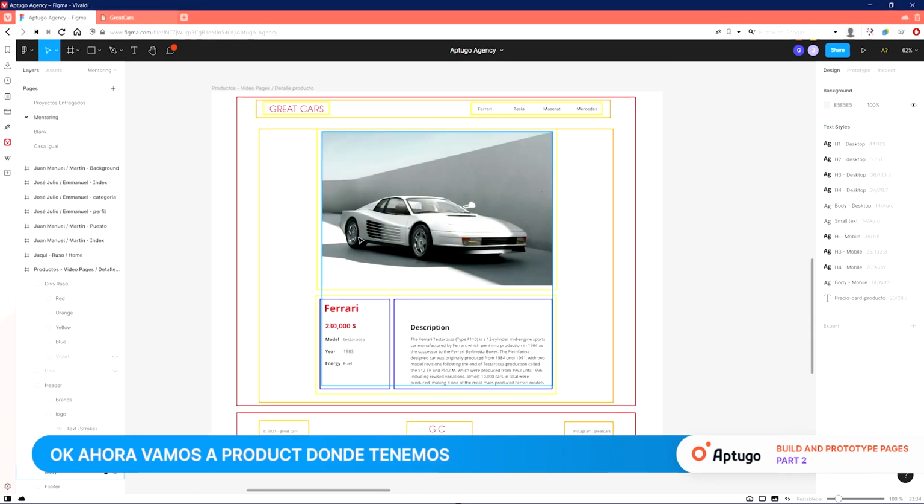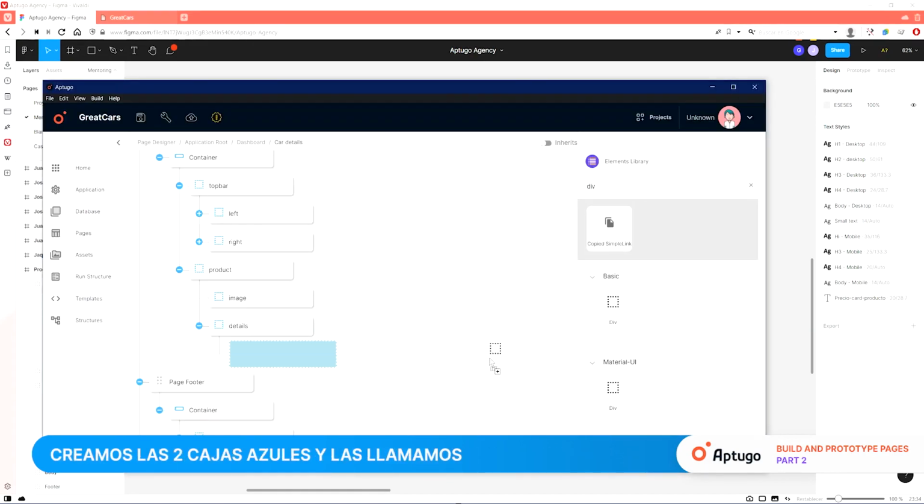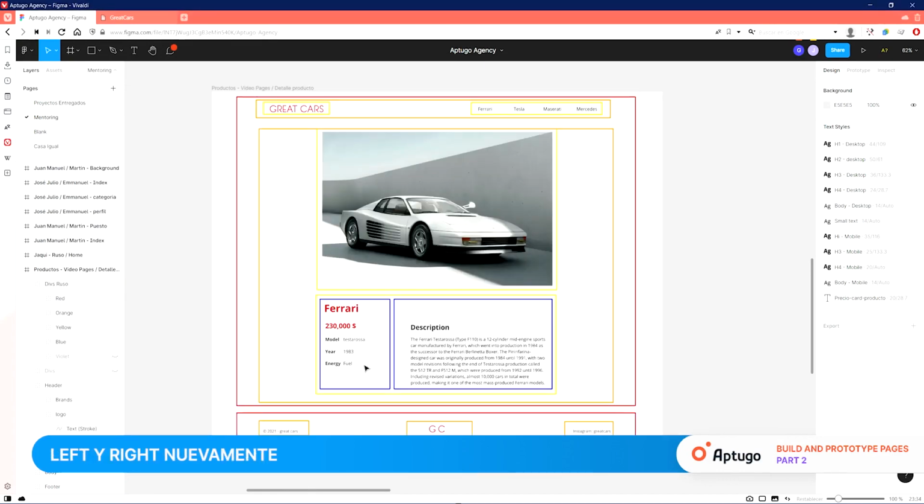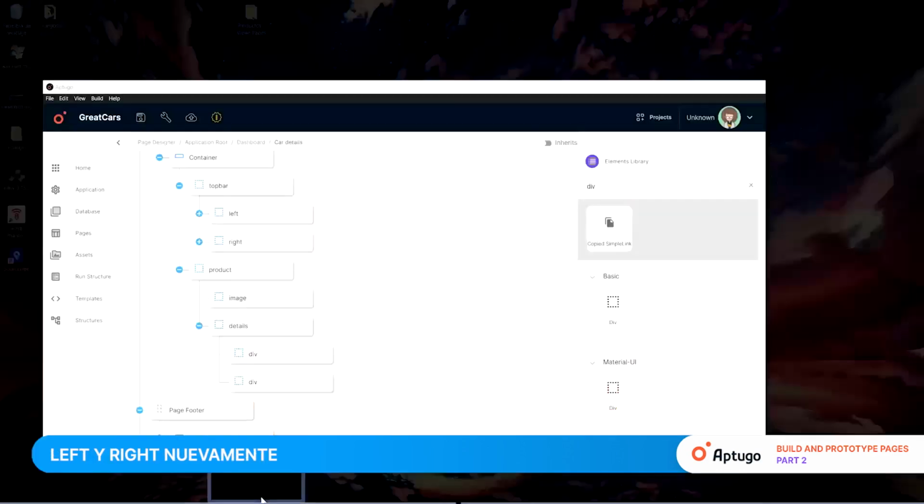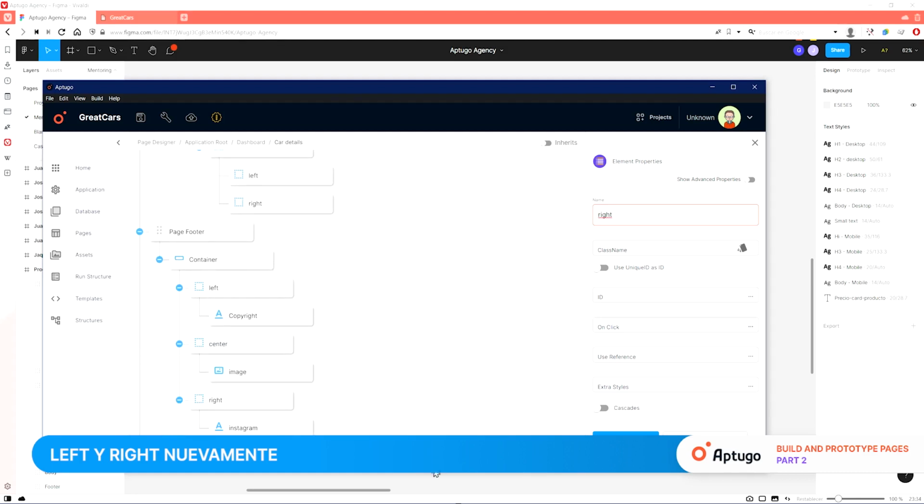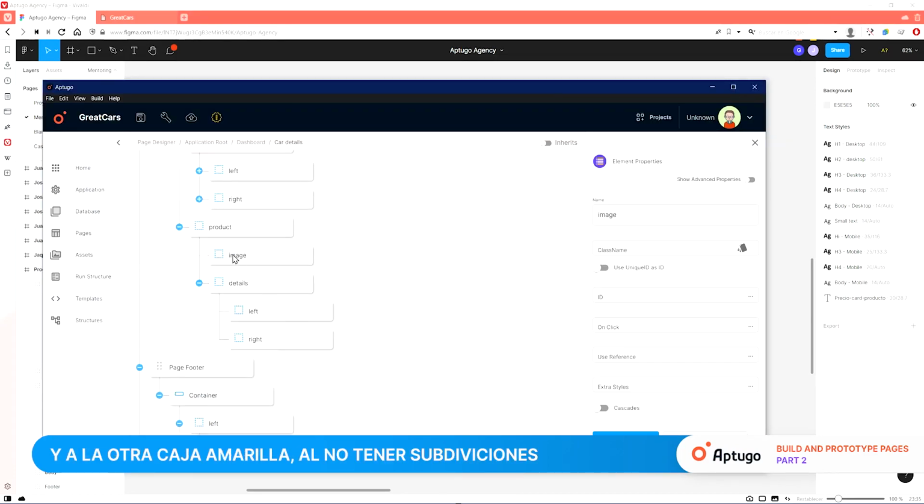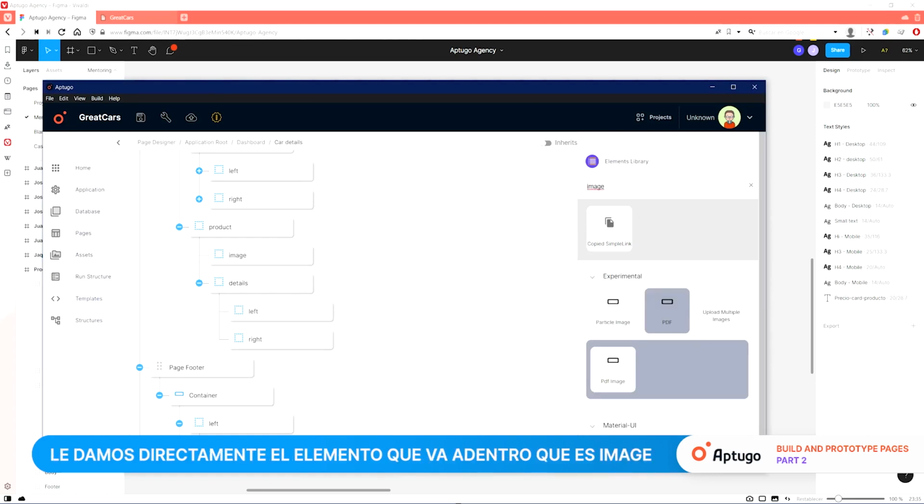Now we go to product, where we basically have 2 yellow sections, the one with an image and the one with two blue boxes. We'll start first with the blue boxes, that is, details. We create the two blue boxes and we call them left and right again. And to the other yellow box, since it does not have subdivisions, we directly give the element that goes inside,